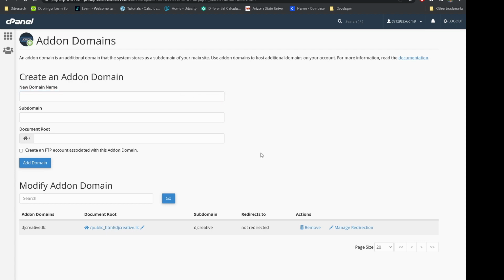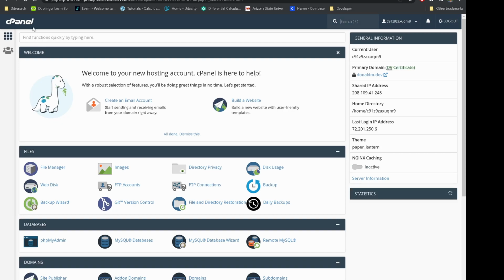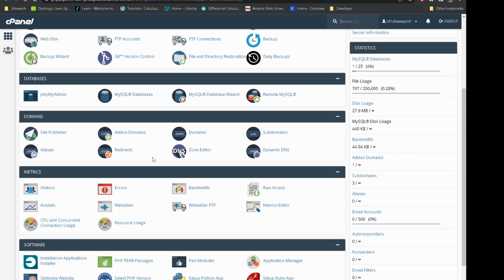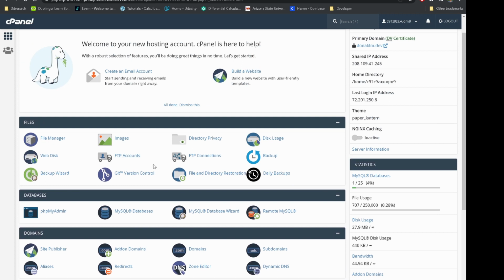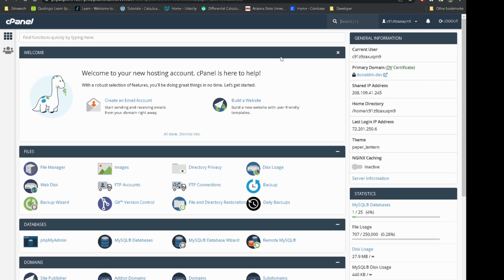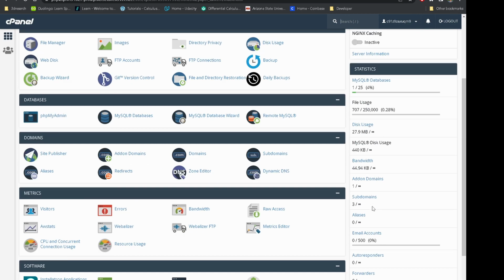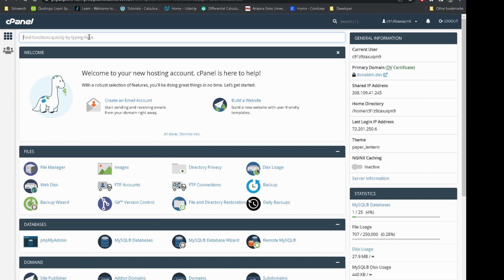So let's go cPanel again. If you can see, whenever I navigate the cPanel, I'm always navigating that top button there. So what we're going to do is we're going to install WordPress. After this particular video, after I have WordPress installed and then I'm going to delete WordPress, I'll walk you through the resource usage and stuff like that on the server, because that's very important. So we'll go through that in a second. But first,